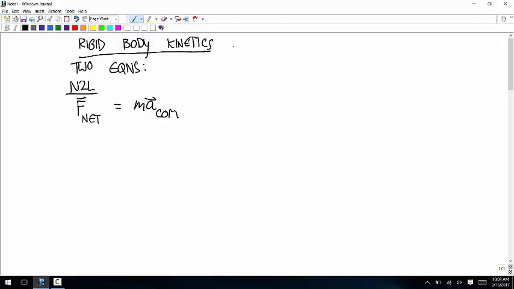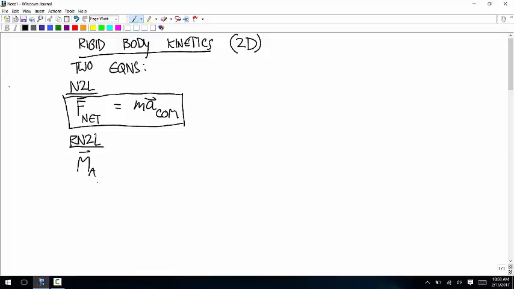In rigid body kinetics, I should point out again that this is 2D that we're doing. Newton's second law works perfectly well in 3D. The other one is the one that you don't want to approach the same way in 3D, the rotational equation. So this is the first one, the two most important equations in this class. That's the first one. And the second one says